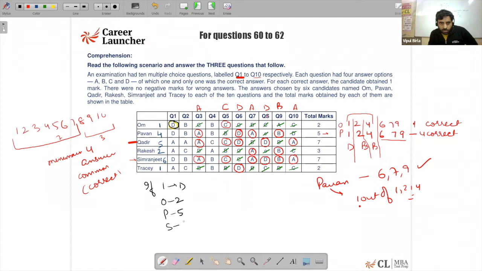Simranjeet has got this right, so therefore Simranjeet will have 7. So the total number are there: Om, and then P and S. It is correct, right? So therefore I can say if 1 is D, then second and fourth,